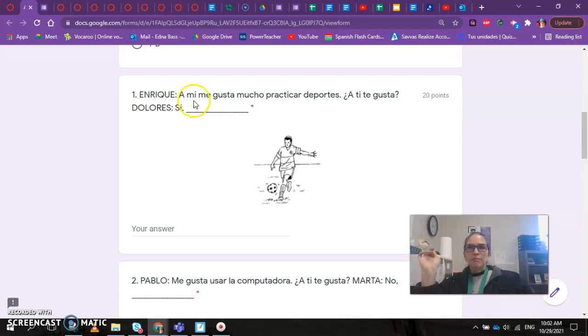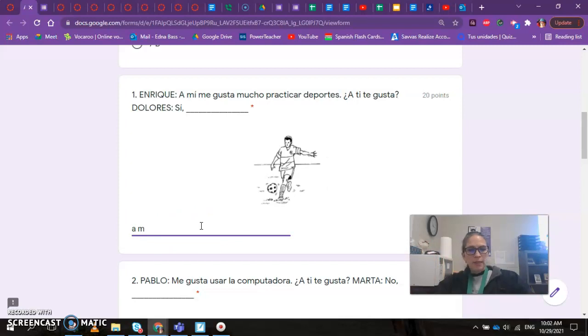So, it's a conversation between two people. And this person says, a mí me gusta mucho practicar deportes. ¿A ti te gusta? And then the person says, sí. So we see that these two people are agreeing. When we agree, we learn that the answer will be, a mí también.